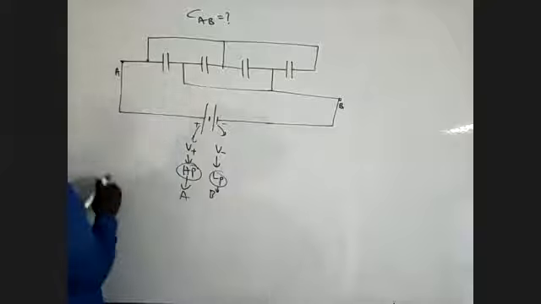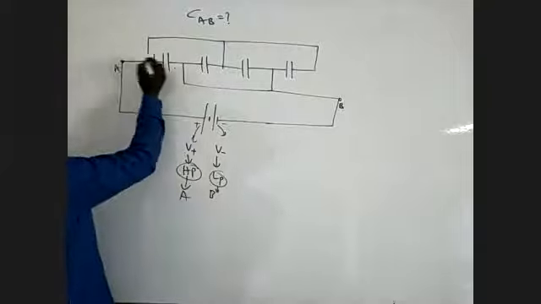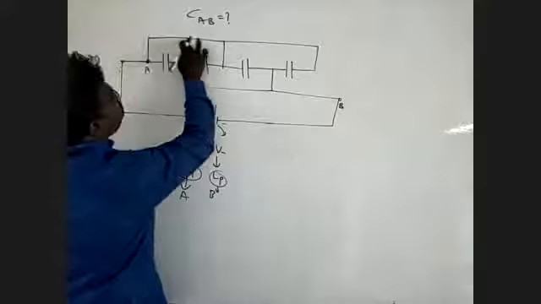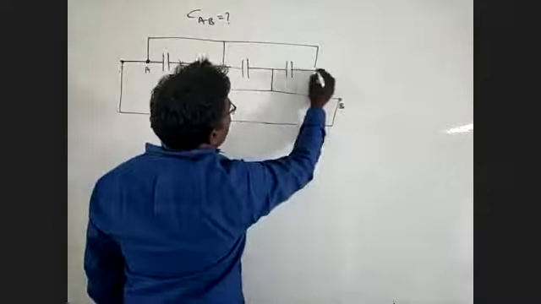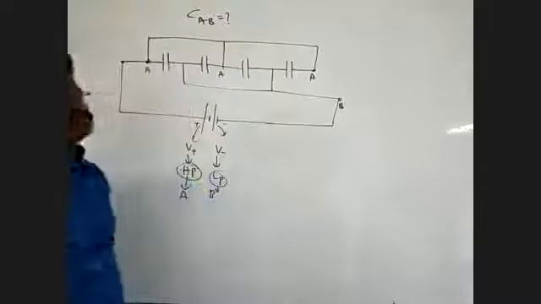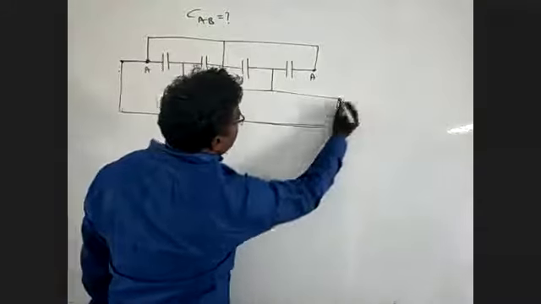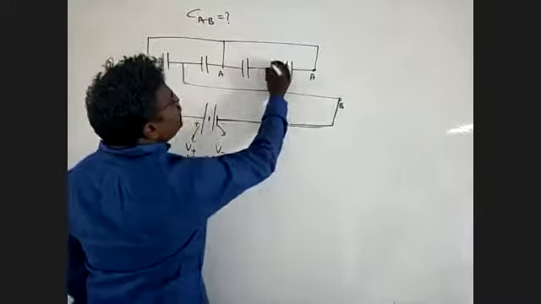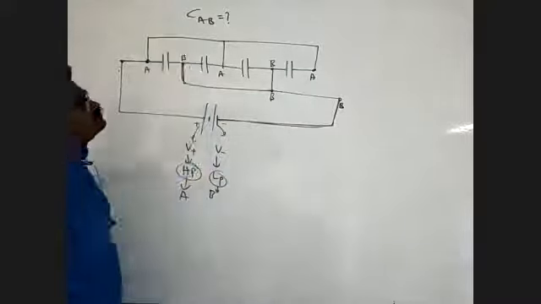So at this point also high potential. This is point A, high potential. Here also high potential. This wire is also connected to high potential, and this wire up to here is high potential. Next, this wire is connected to B, so it is low potential. Here also low potential, at any point low potential.